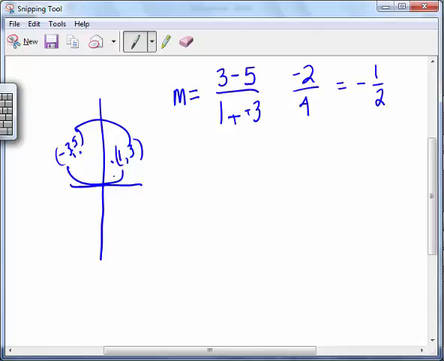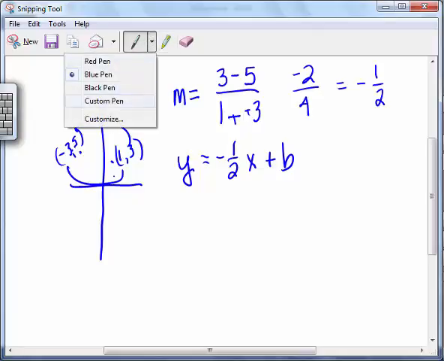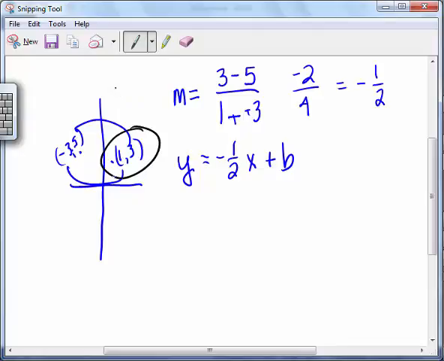Okay, and then the other thing we have to do is we have to get the intercept. Y equals negative 1/2 x plus b. Now there's a couple ways to do that. Let's just substitute in one of our points. Let's take this point right here. So y minus 3 equals negative 1/2